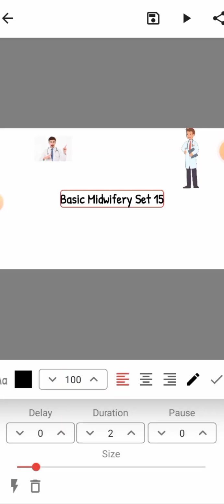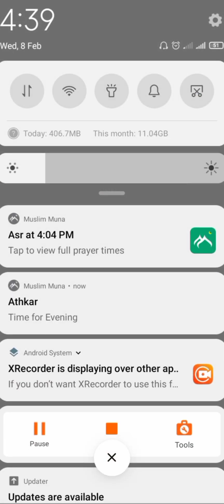Then another option that Benime will give you is that if you like, you can align your text at the center. You can align it at the other side. Like the way we saw for the image, how you upload the image, even this one, you can put on delay. But in most cases, we don't use delay. We leave it 0. Then the duration. The duration is usually determined